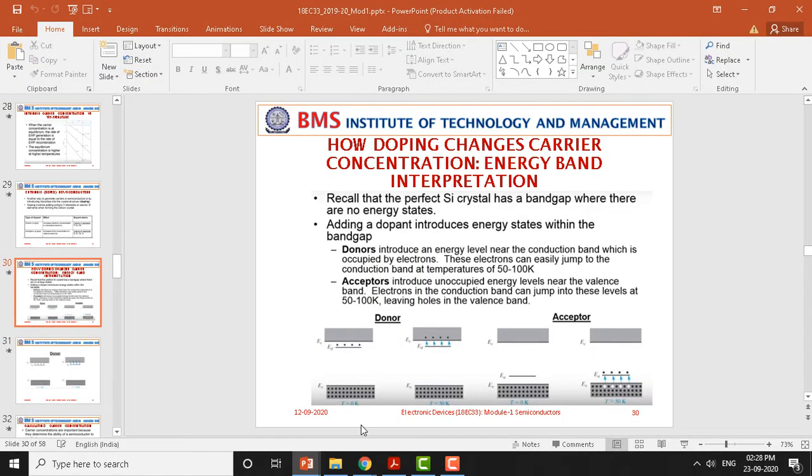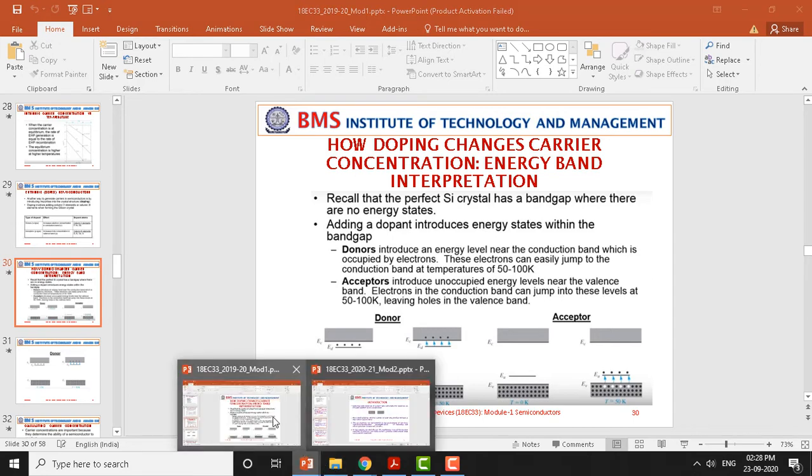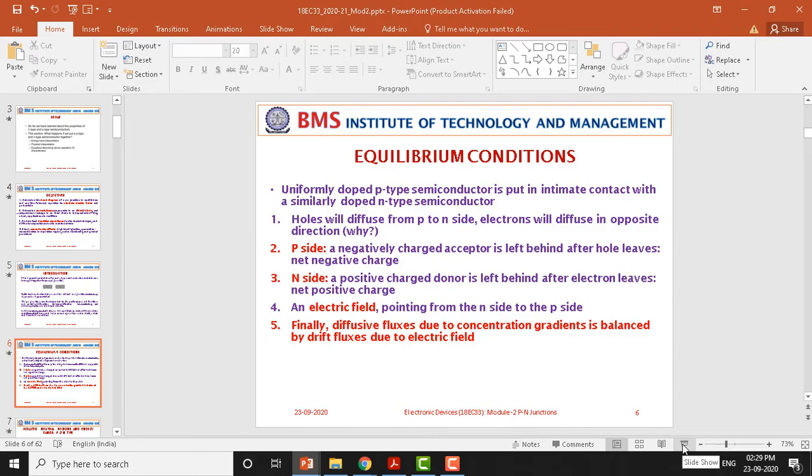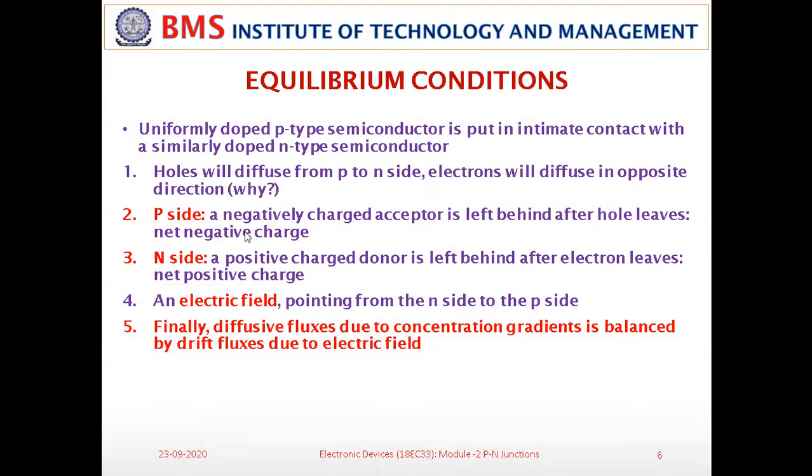Now, let me go back to the p-n junctions we were discussing. You can visualize this. Now holes will start to diffuse. The p side is made up of holes, which are the majority charge carriers. Holes will diffuse from the p side to the n side, because they are few in number on the n side. Electrons will start diffusing in the opposite direction, from the n side to the p side.